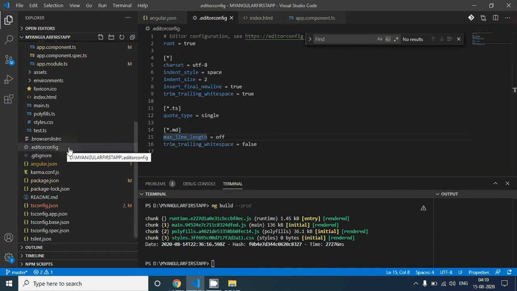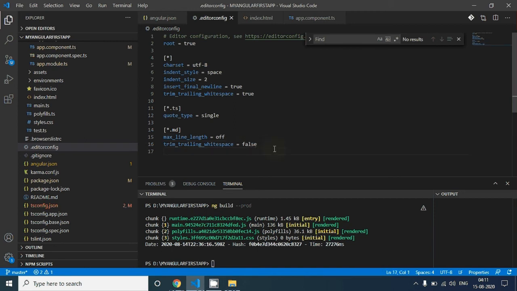That's it. Editor config. This file helps you maintain consistency across the application. So if you can see charset equal to UTF-8, and in the TS file, quote type equal to single, and in the MD file, max line length, and trim trailing whitespace equal to false.